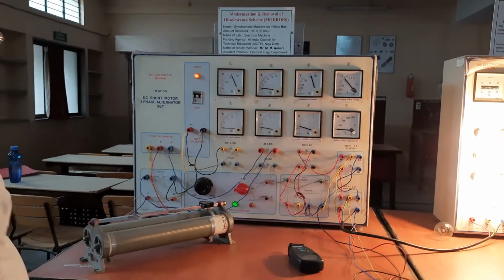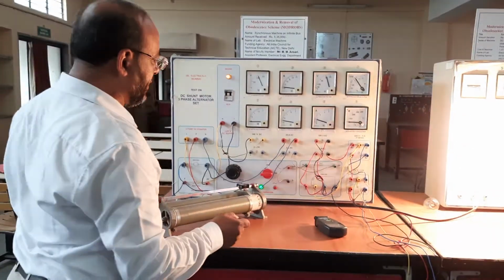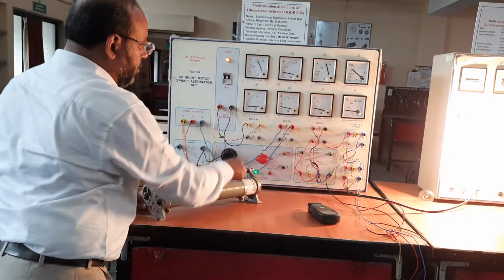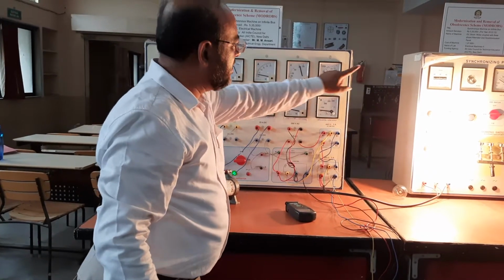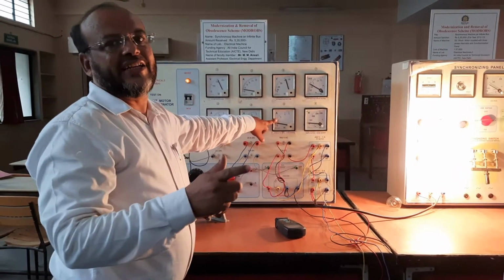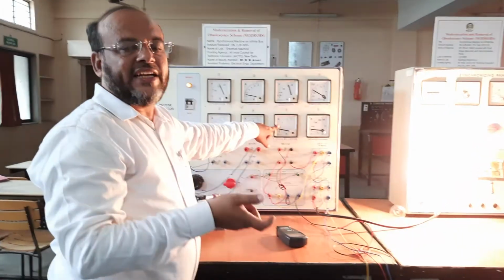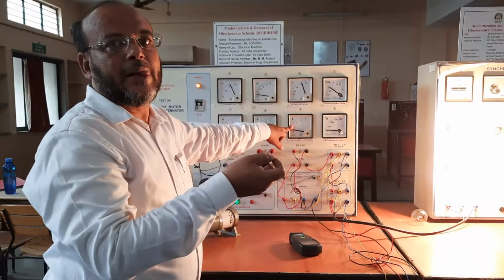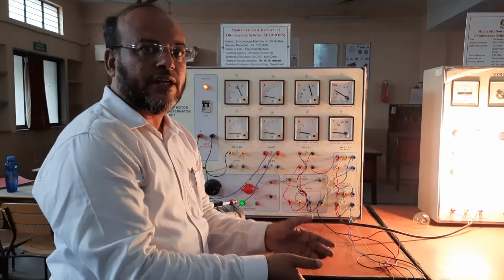Now I will increase the mechanical input, which slightly increases the speed. So what is the change? If we change the mechanical input, we find that the power factor remains as it is and the frequency remains as it is; only the active power changes. So by changing the mechanical input we can change the electrical output, that is the active power.